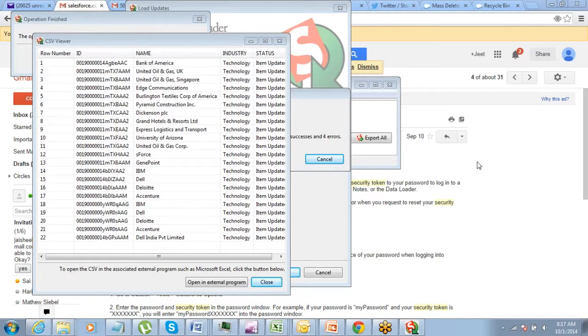So Shobit says having a problem to log in to data loader. So Shobit, are you entering the security token? You have to supply the security token, then only you can log in. Yesterday's video is on YouTube.